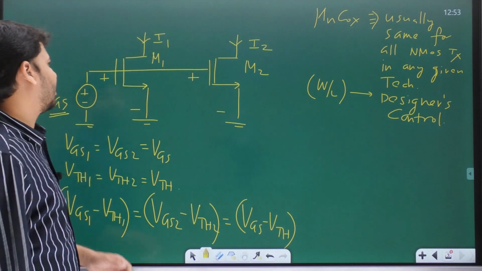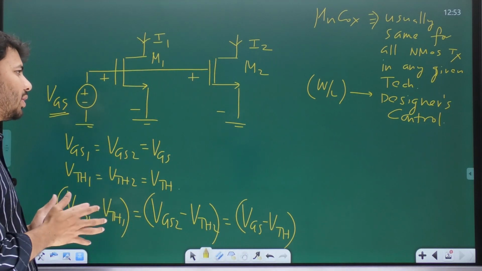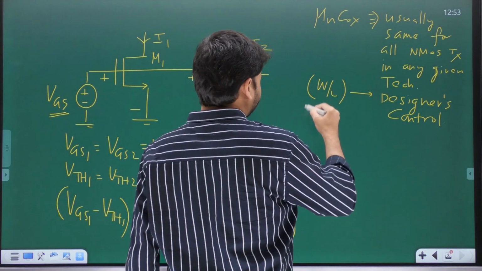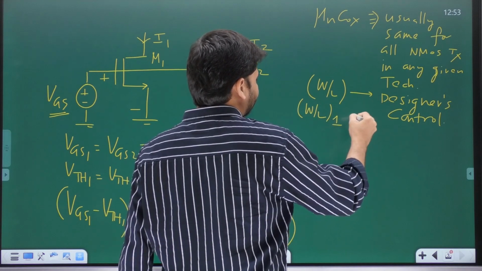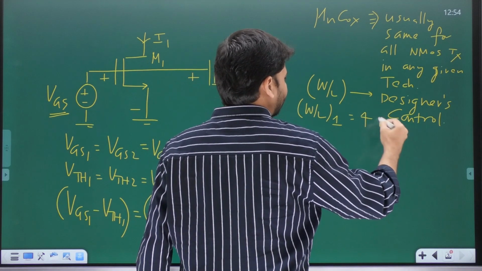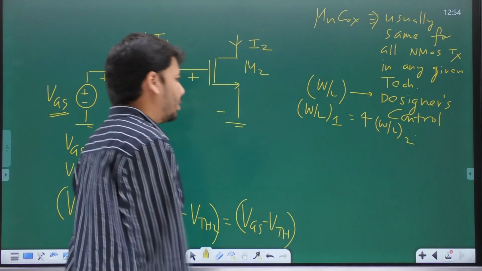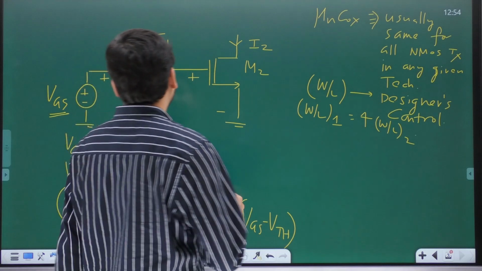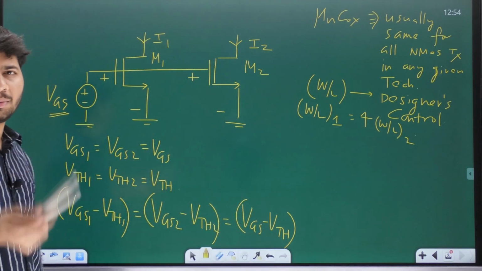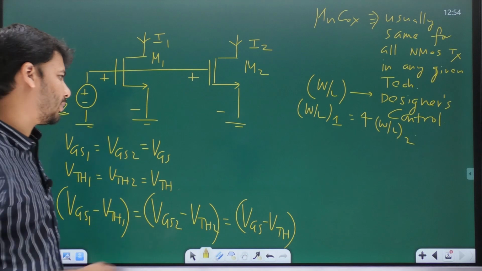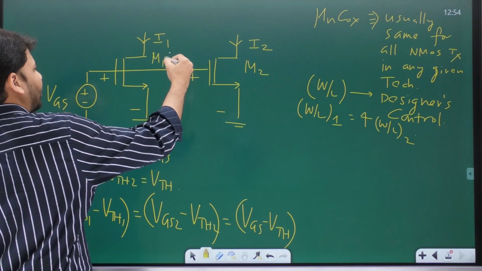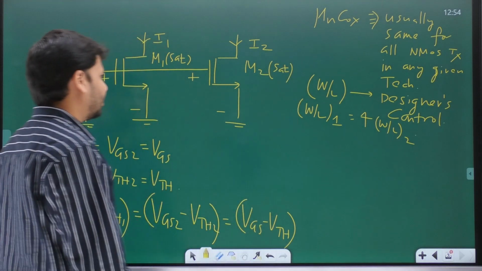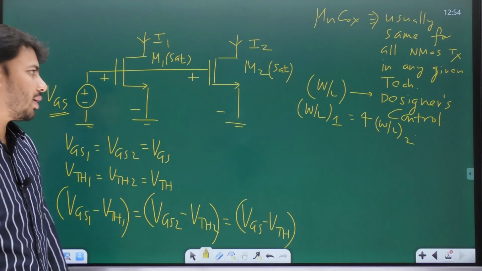And let us say the W by L ratio of M1 is 4 times the W by L ratio of M2, okay? Look at this. W by L1 is 4 times W by L2. Now, when will both the transistors carry maximum current? When both are operating in saturation. So let us say M1 and M2 both are in saturation so as to carry maximum current,